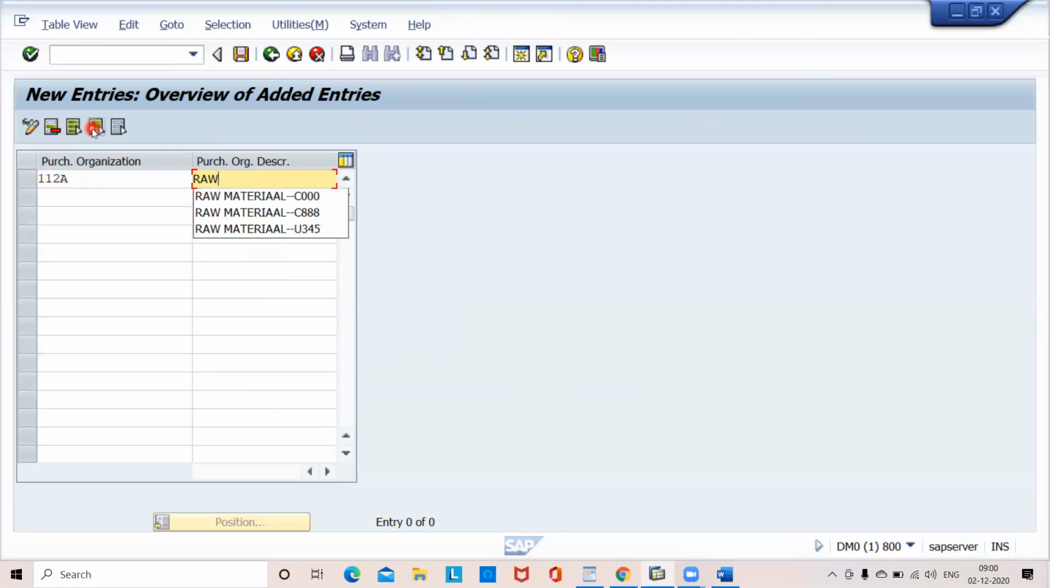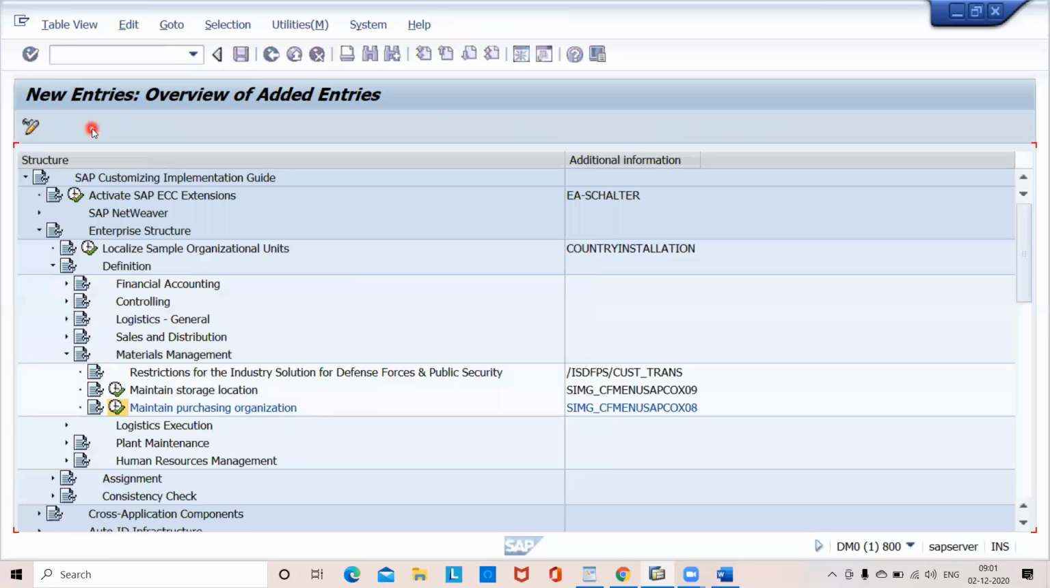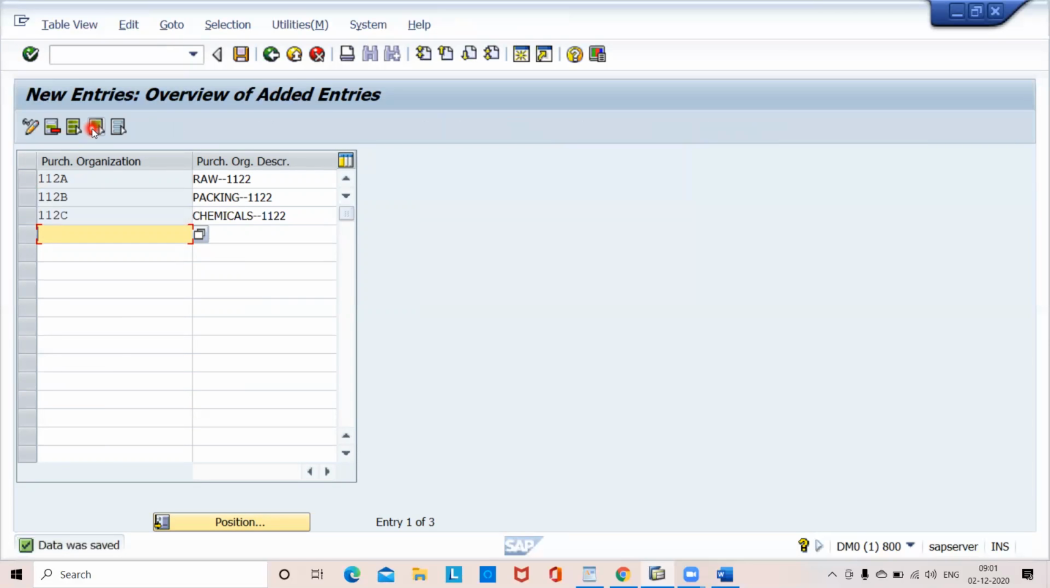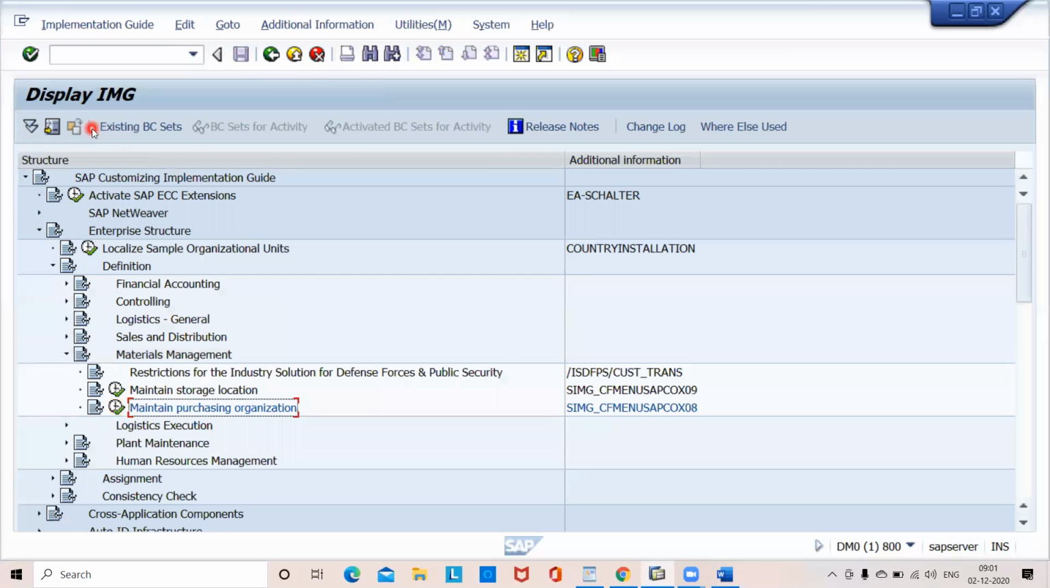112A is the raw material purchasing department for 1122. 112B is the packing material purchase department for 1122. And 112C is the chemicals purchasing department for 1122. Like that, I have three purchasing departments. Even for these we need to maintain the assignment. For that assignment, we should go for